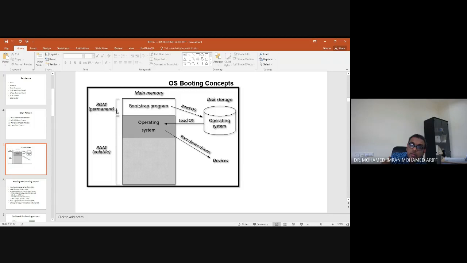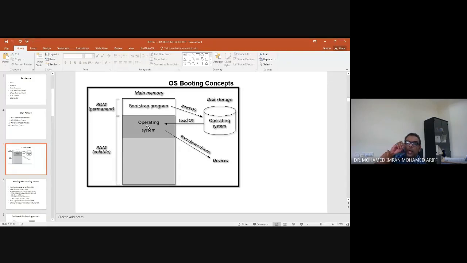Okay, so bootstrap program's job is only to load the operating system ke sini. Itu je kerja dia. Bootstrap program's job is to locate the operating system files inside the hard disk and load it back inside your main memory or your RAM.